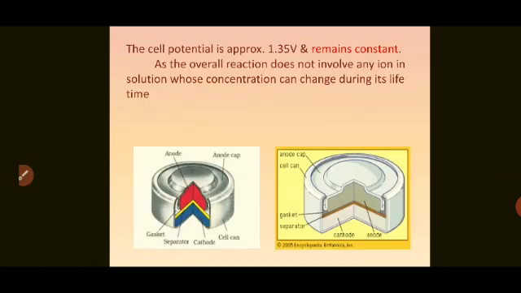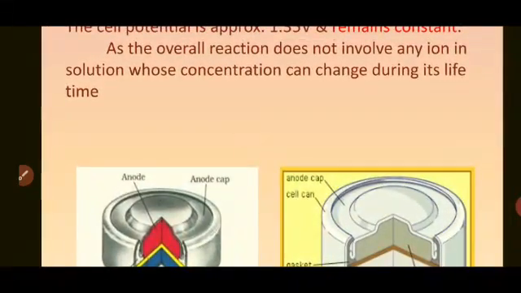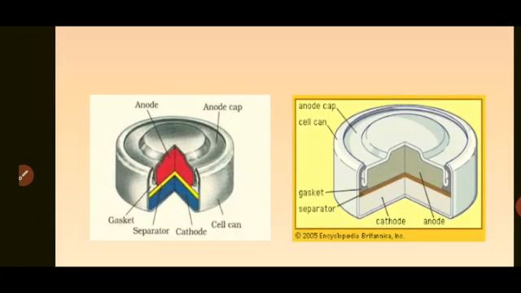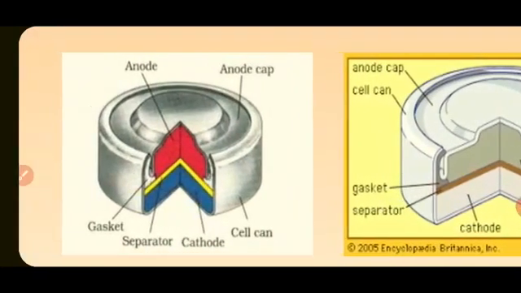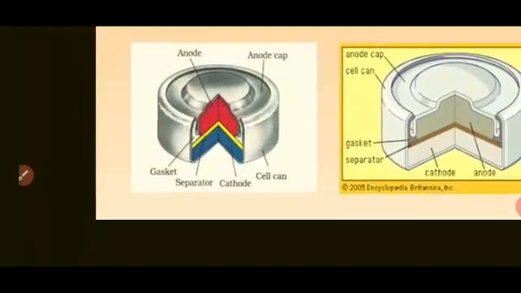Now here is the diagram for that. The same diagram is given in the textbook. This is the detailed diagram. You can just go through it. Now the upper surface acts as the anode, and inside, HgO plus carbon paste acts as the cathode. So there is a separator between anode and cathode, right?